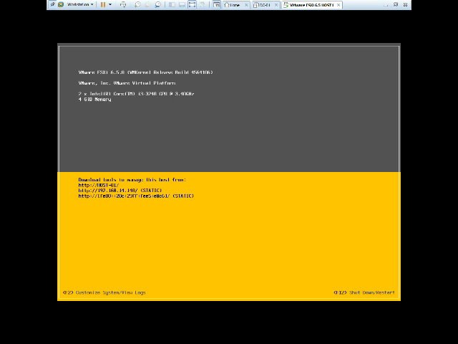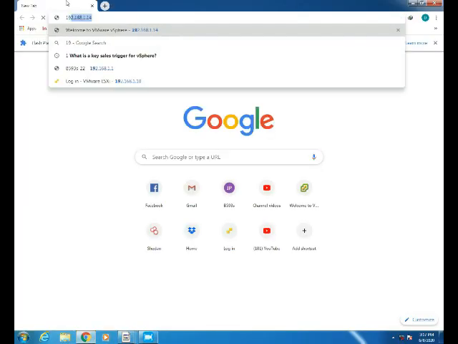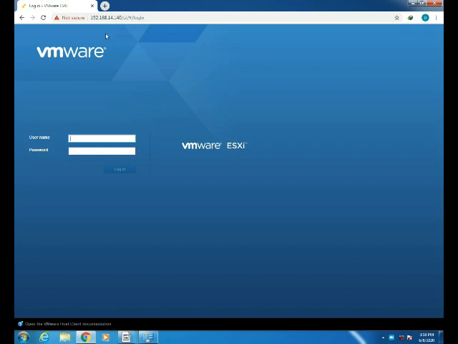Now let's try to access the 14.140 server. To access it, you have to open the browser and type 192.168.14.140. As we can see, 14.140 is accessible. You just enter your username, root, and the password, the root password which we set.